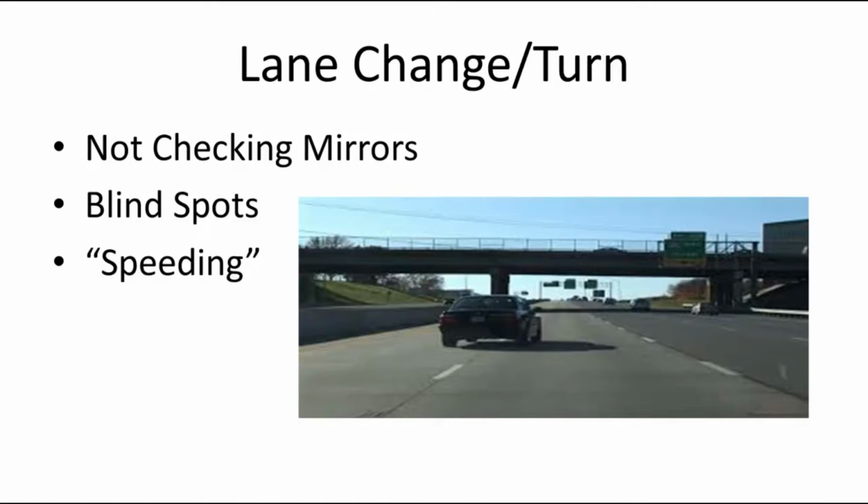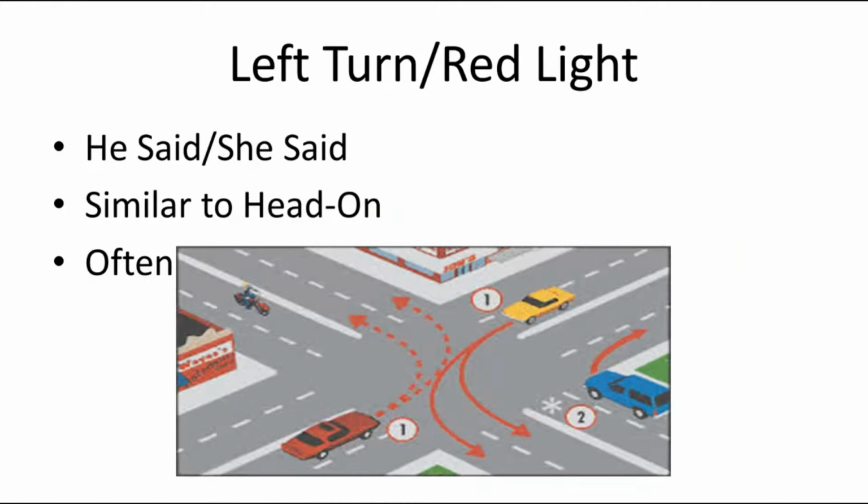They claim that they're making a careful lane change and then the other car sped into their lane, I guess. Or they'll claim that you were the one doing the lane changing. Those are the defenses. Finally, the last kind of car crash I want to talk to you about is the